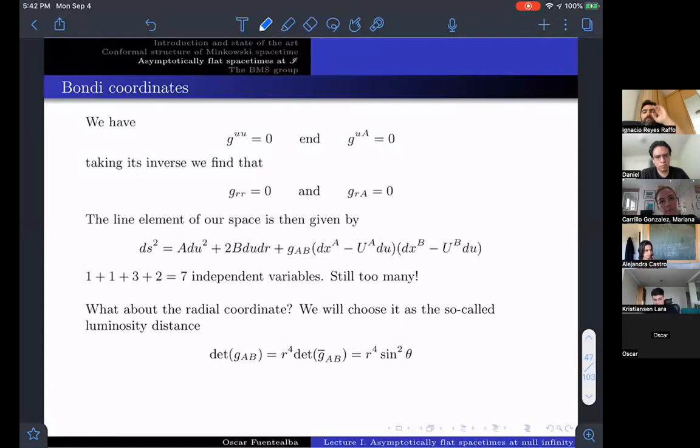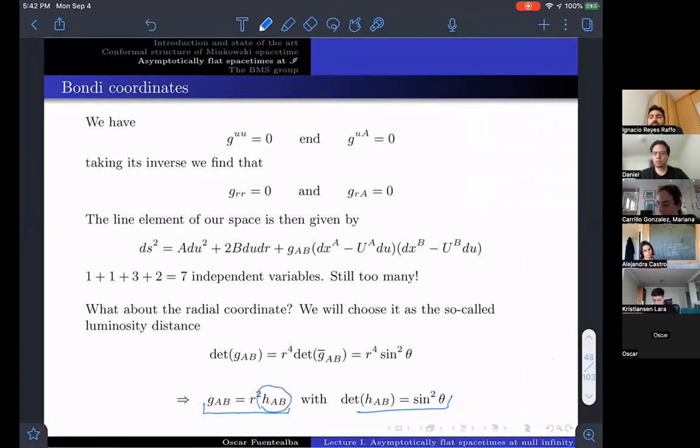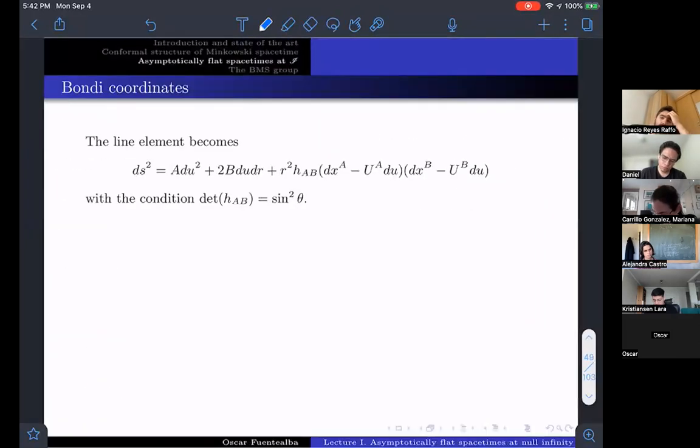And in order to solve that, Bondi and collaborators impose some condition on the radial coordinate, defining something that's called the luminosity distance. What this is saying is that the area covered by the base manifold is really the area of the sphere. So this is a very strong condition. And if we parameterize the metric of the base manifold in this form, we will find that the determinant of this metric H must be the determinant of the two-sphere. Okay, so we have 7 independent variables minus 1 condition. We have the 6 independent variables that we wanted. So this is the Bondi